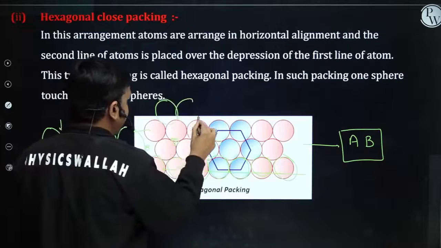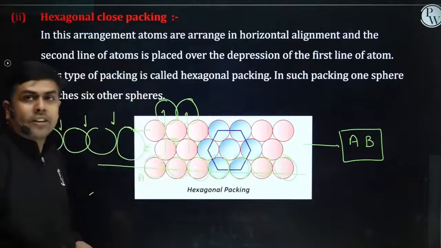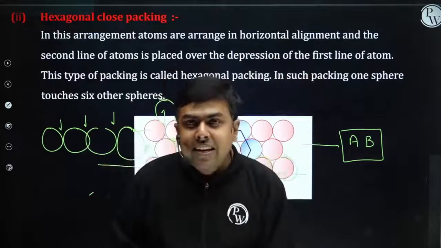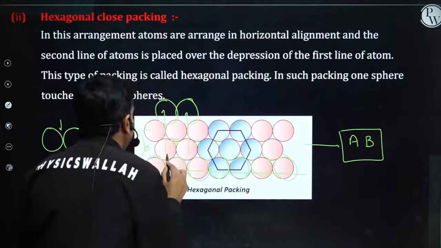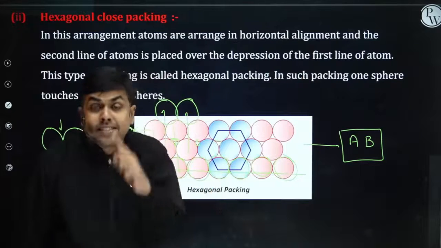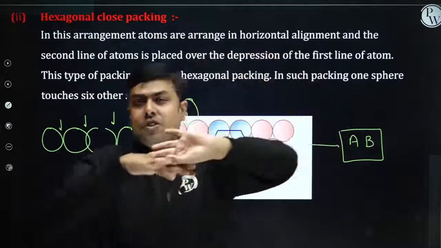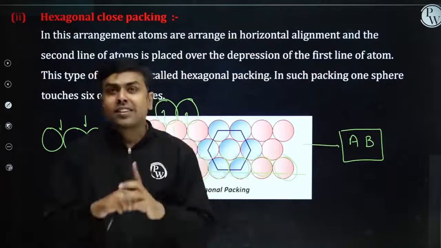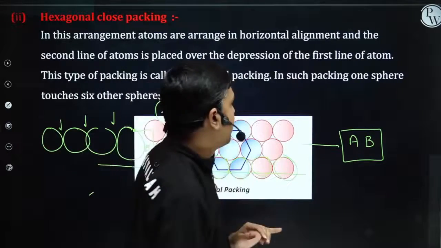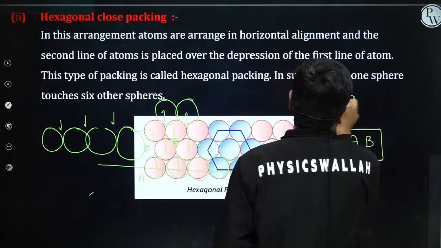See, they will exactly lie above one another. First layer, third layer, they will lie exactly along a line. You can see along a line. Similarly, the second layer and the fourth layer will exactly lie over each other. Student, such type of packing is AB, AB, AB packing. So we have AB, AB, AB packing.